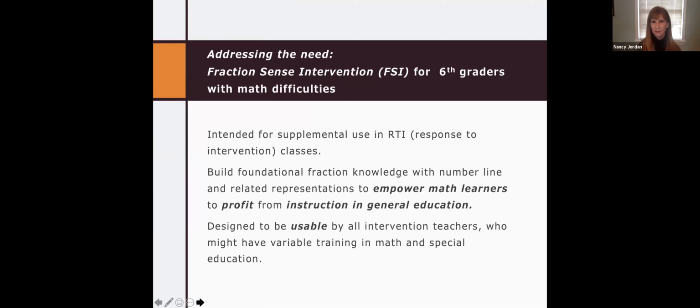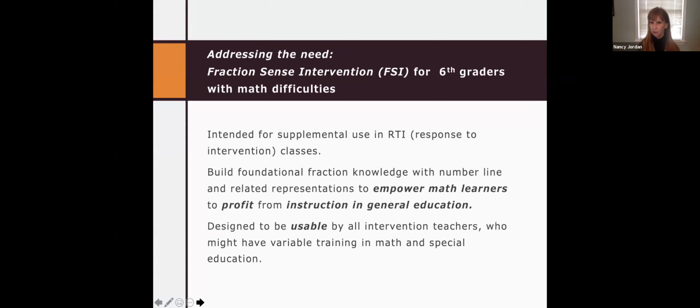So to address this need, we developed a fraction sense intervention for 6th graders who are struggling. I mean, they're children who really have significant difficulties. The intervention's intended for supplemental use in response to intervention classes. The idea is to build foundational knowledge with number line and related representations to empower math learners to profit from